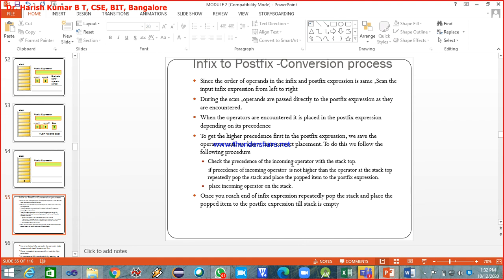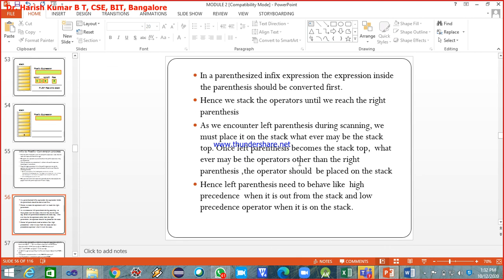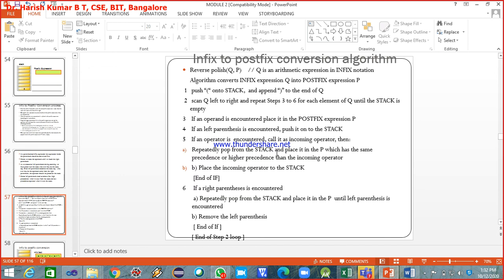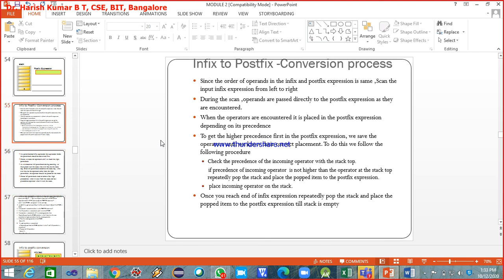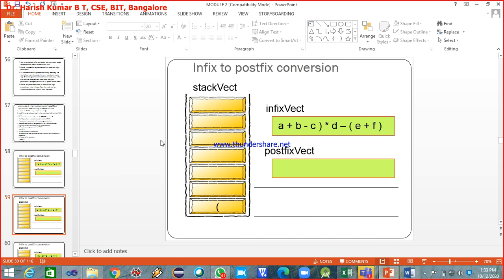Is what is written here familiar to you already? Yes, sir. Okay. Similarly, for the parenthesized expression, what you have to do is written in the form of an algorithm, the infix to postfix conversion algorithm. So we'll stop here and continue in the next class. I have a few more examples here, so we'll do that. This example is for the parenthesized expression: converting an infix expression to a postfix expression, the parenthesized one. The same logic that we have understood.